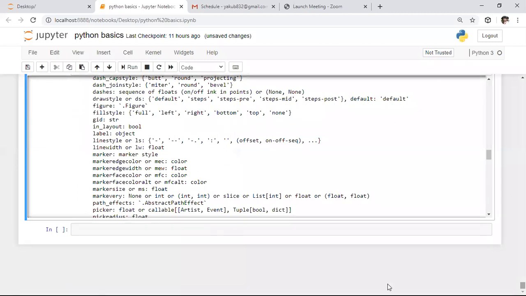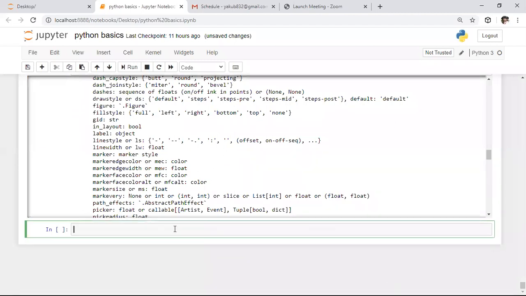Yeah. So here I'm taking one more example. Previously we imported matplotlib by using from matplotlib import pyplot as some alias name. We can also import this module in another way. If you want to import this library, we can do this in two ways. The second way is import matplotlib.pyplot as plot. Whatever alias name you want to keep, you can keep that.